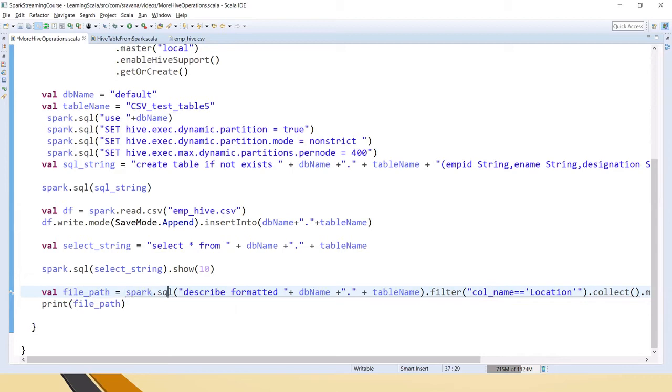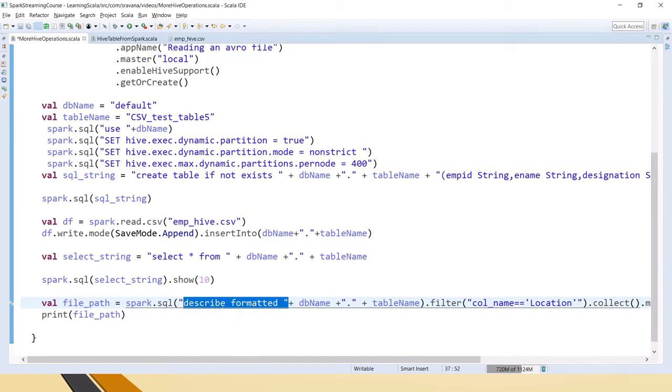Inside Spark SQL, do describe formatted. Usually if you do describe formatted, it will show the table name, the columns available, whether it's an external table or managed table, what the partition columns are, each and everything. All the details will be provided when you trigger describe formatted on the table name.